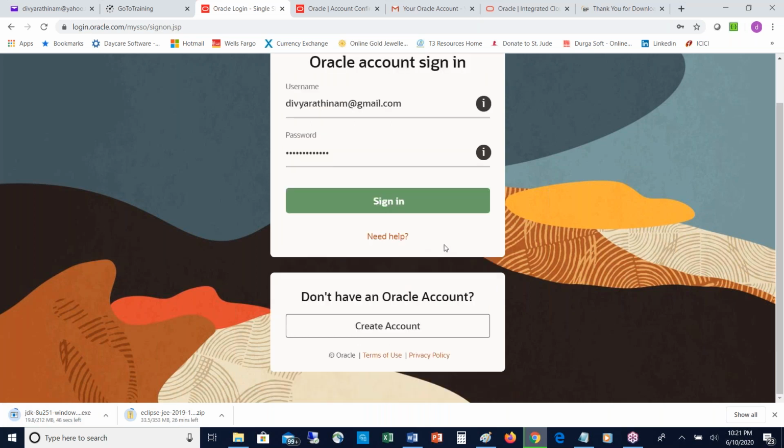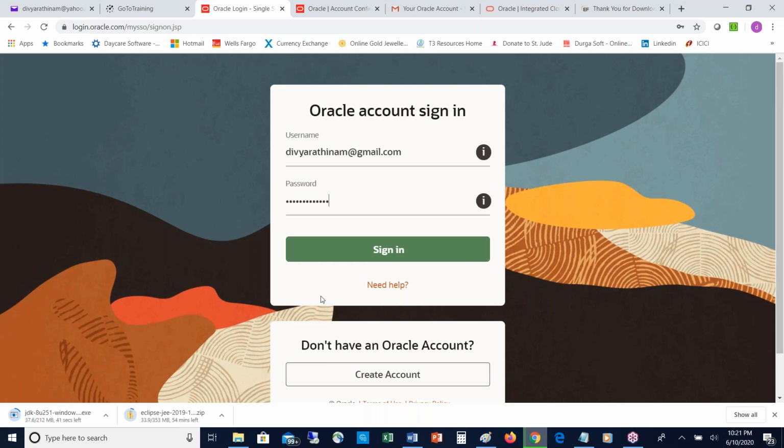Yes, it started downloading. So friends, first we have to install Java, and only then can we open Eclipse. Without installing Java, Eclipse will not open, because inside Eclipse we will be creating the Java projects. Once we install Java, two components, JDK and JRE, get installed.